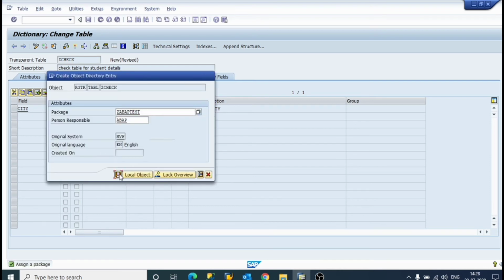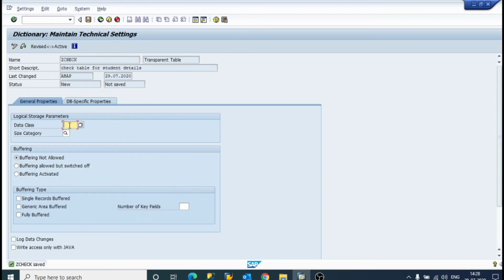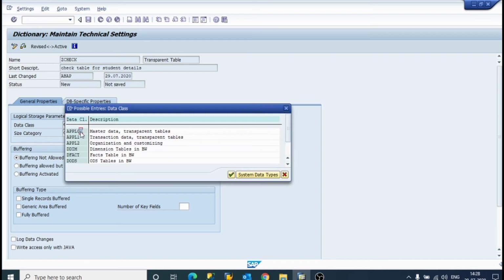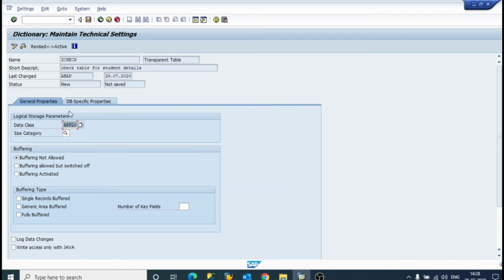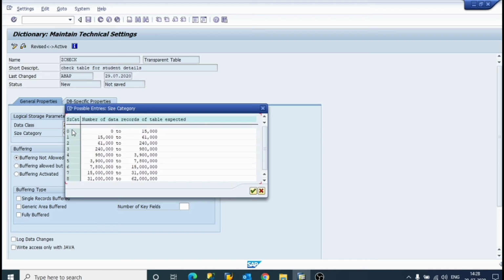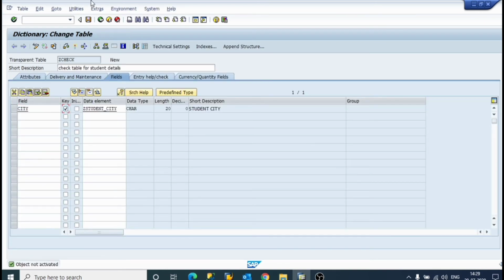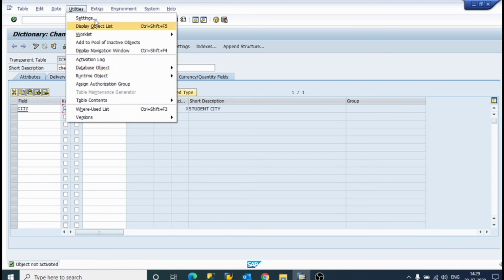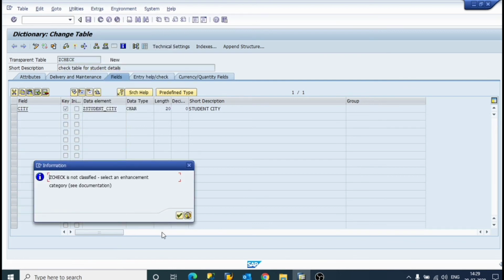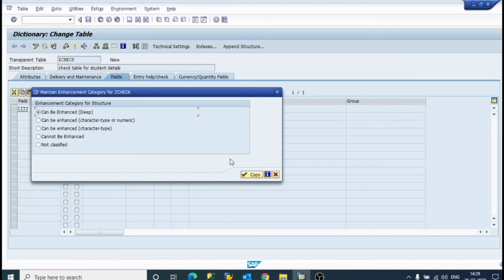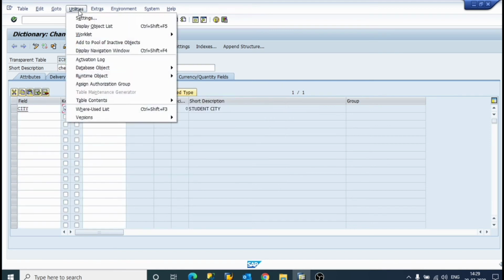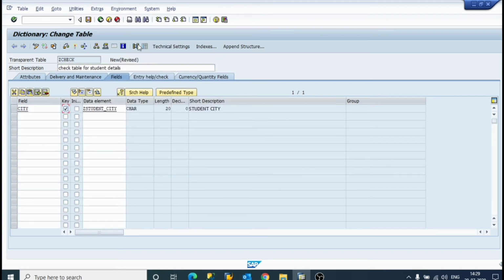Save. Enhancement category: utilities, enhancement category, can be enhanced. Copy. Now save it and activate it.